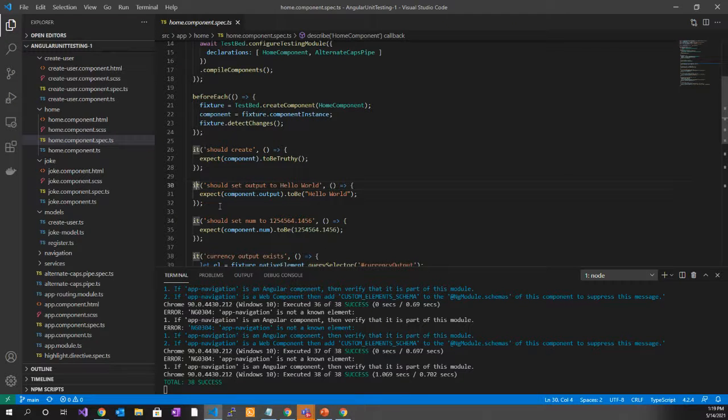And so the way that assertions work is if it's true, code proceeds, and if it's false, there's an error, and that's how you define if your test passes or fails. And so this expectation here is that when it runs the component, it should be hello world. All right, and so this is looking at a variable on my component,